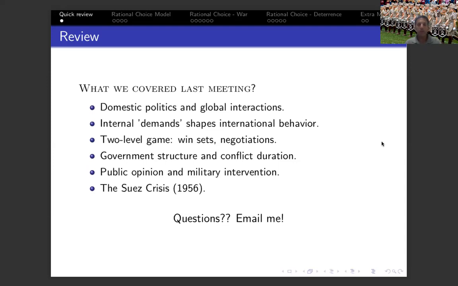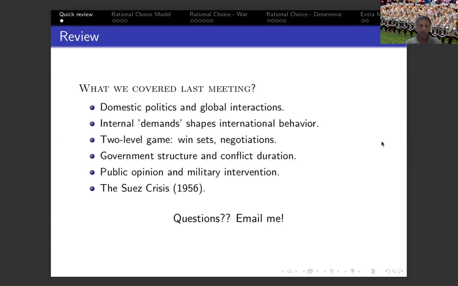Then I talked about two specific papers in order to give a little more real-world application of those dynamics. The first was the Cook paper, which used the different structure of democratic governments and how that shapes the duration of conflict. The main finding was that when the government is a coalition government, which has a lot of diversity, which means there's a lot of risk for some members of the coalition to defect, then those kinds of governments are more likely to end conflict earlier because they don't want to risk the collapse of the government. So different government structures matter.